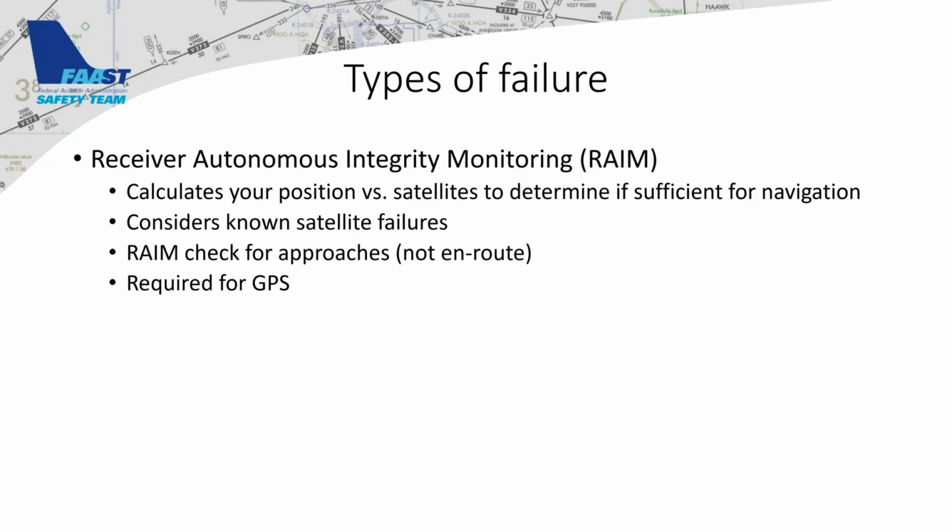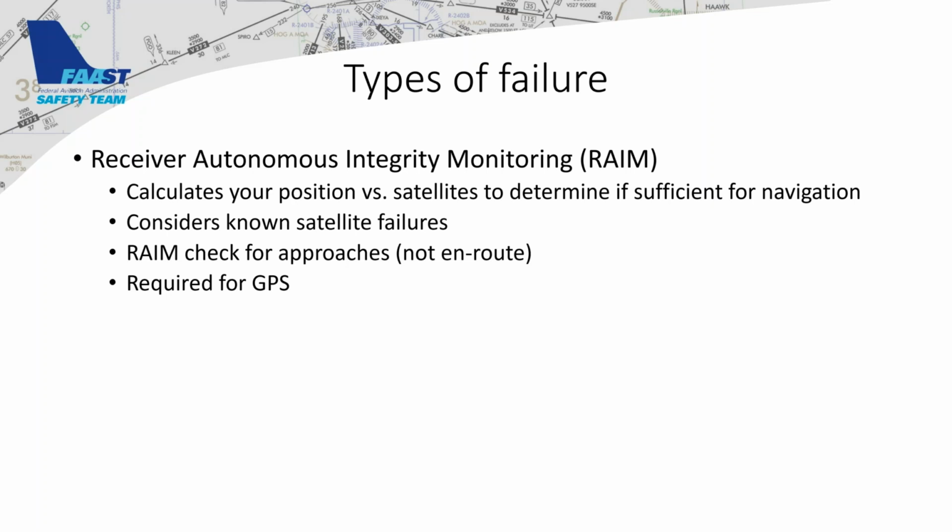All right, types of failure. Real quickly, just going over the types of failure for GPS. When GPS first came out, we had to check RAIM, and basically checking RAIM just meant, hey, this Receiver Autonomous Integrity Monitoring, which is what RAIM stands for, knows when the satellites are going to fail or go beyond the horizon where we can't use them for navigation. And if enough of those go out or aren't usable, because sometimes they're down for maintenance or software updates, whatnot, we need to know that as a pilot and know that we can't count on using that satellite for navigation.